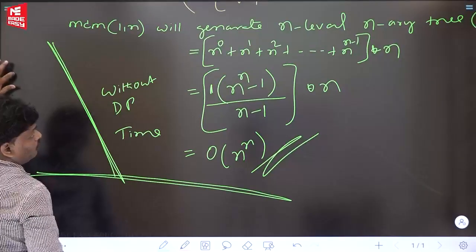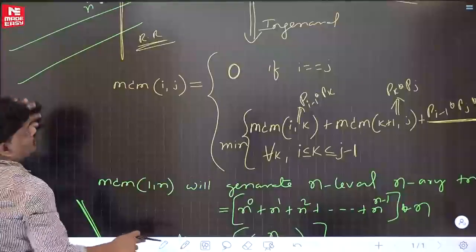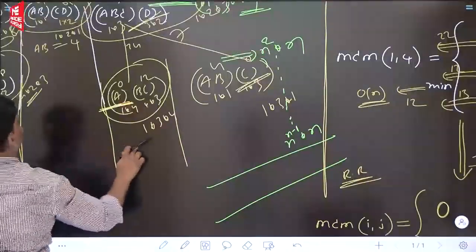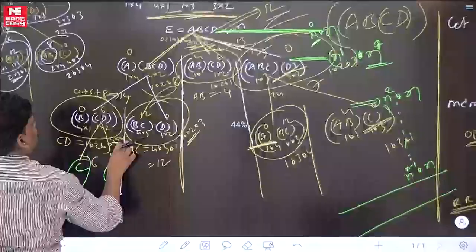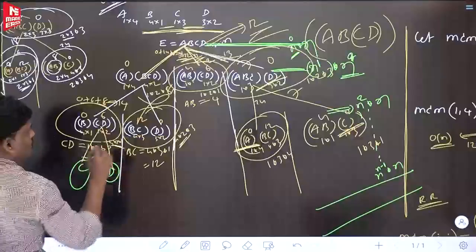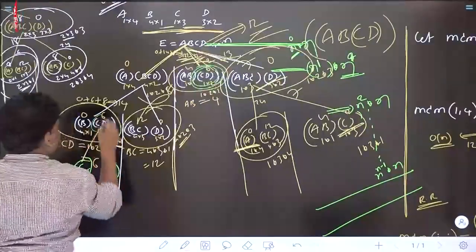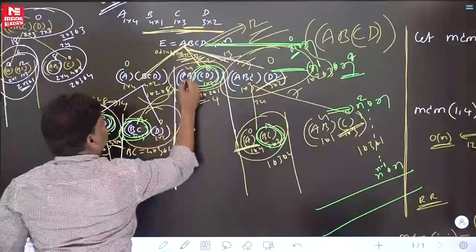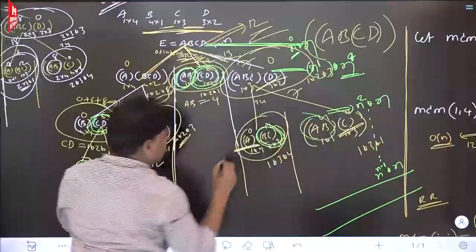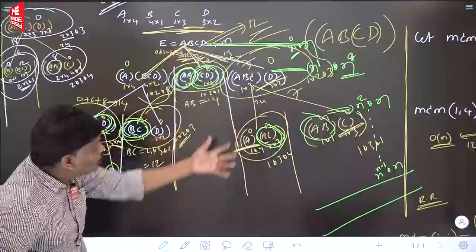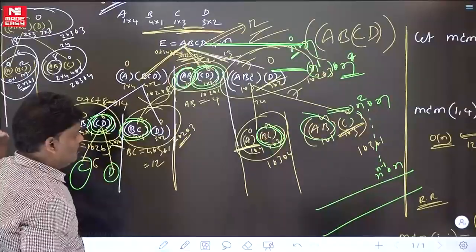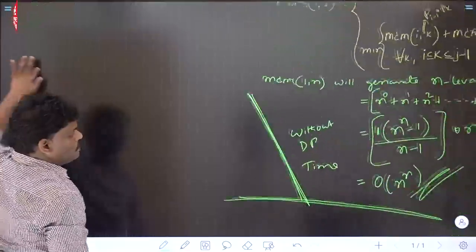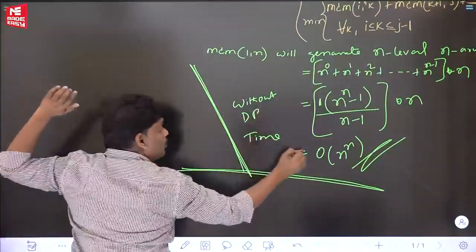Some people are asking, why without dynamic programming? See, so many function calls are repeating. See this tree. In this tree, if you observe, many function calls are repeating. See this one, CD repeating, BC also repeating, AB also repeating. Many function calls are repeating, so we will go to dynamic programming. If you count, total function calls are approximately n power n. If you count only the distinct ones, that is called dynamic programming. Let me go there. This is without dynamic programming. See, without dynamic programming, time is this.